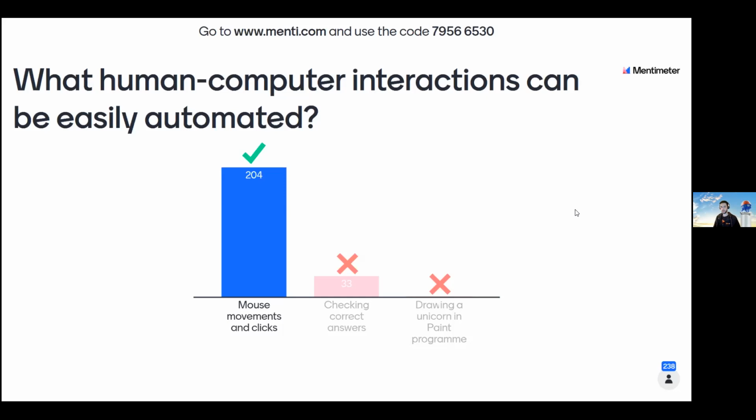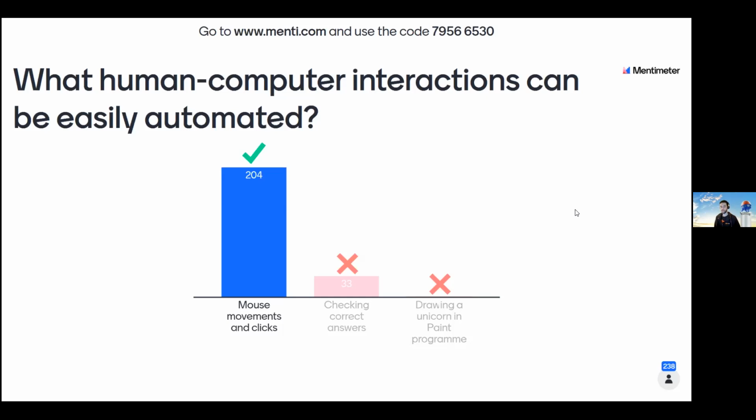Okay, so basically, if you check into what you do in your day-to-day jobs with the computer, of course, it's moving the mouse, doing clicks, typing, and actually reading contents from your screen, say desktop applications, PDF, Excel, or even a web browser.